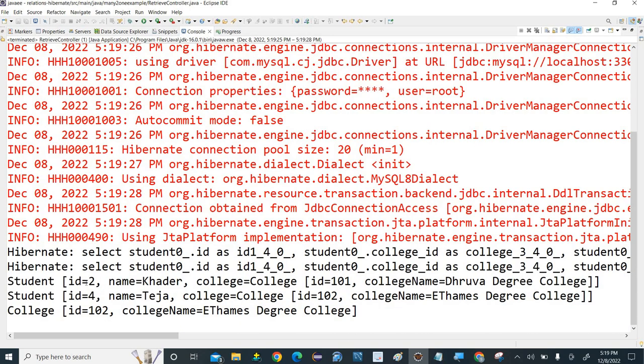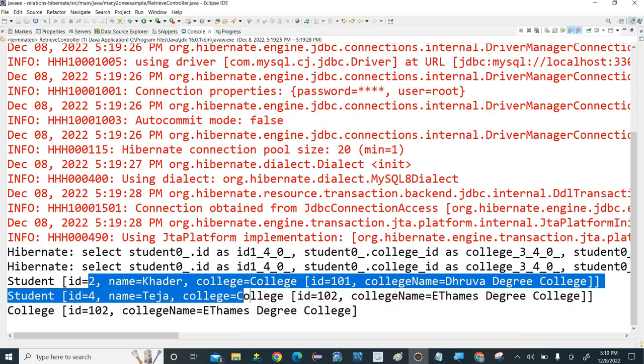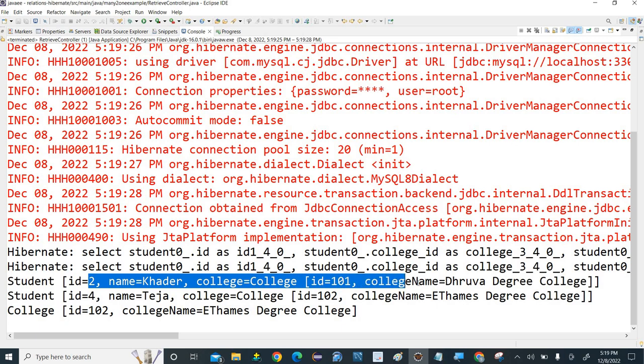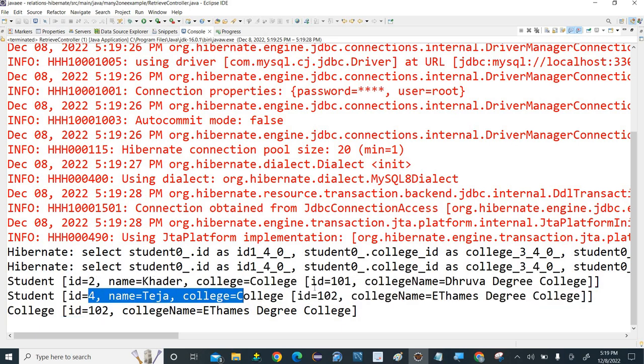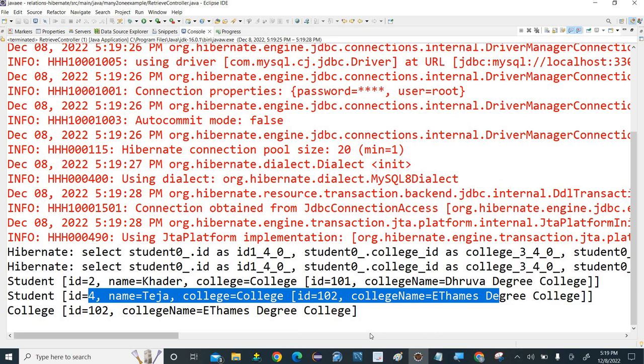So here you can see ID number 2, student Kadar, is from Dhruva College, and ID number 4 is from Ethane's Degree College. Okay, so done. And the 102 is Ethane's Degree College. Now let us perform the